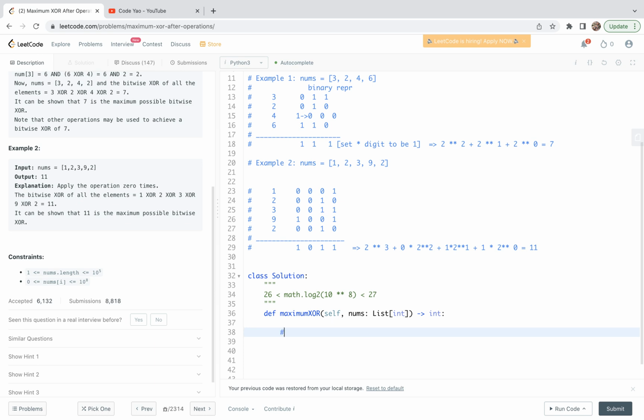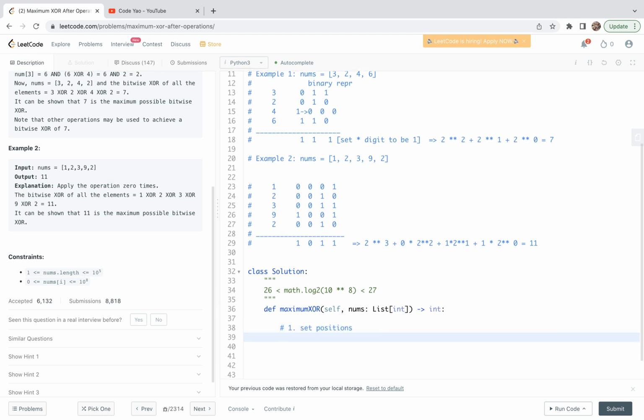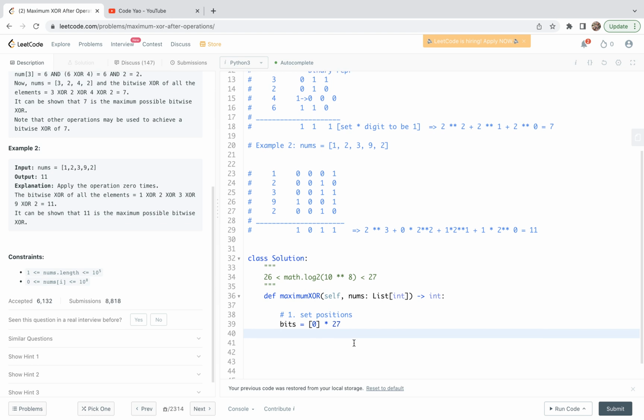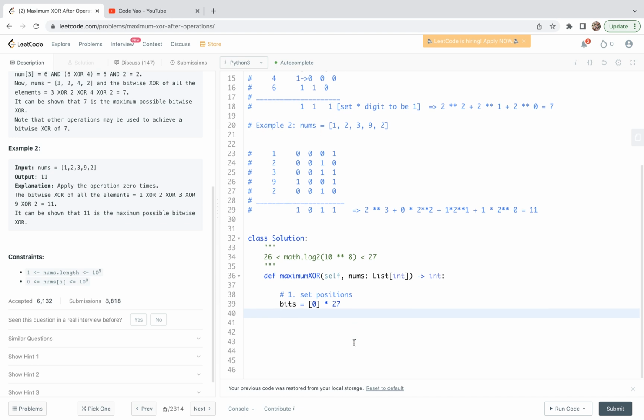So first step, I'm going to set the bit positions. I will check if I can set the bit to be 1 or not. So for this, I'll initialize a bit array with 27 elements, originally all zeros. And then basically we need to iterate over each of the bits. So for I in range 27,